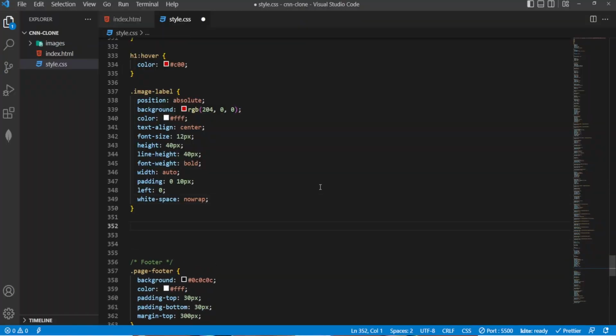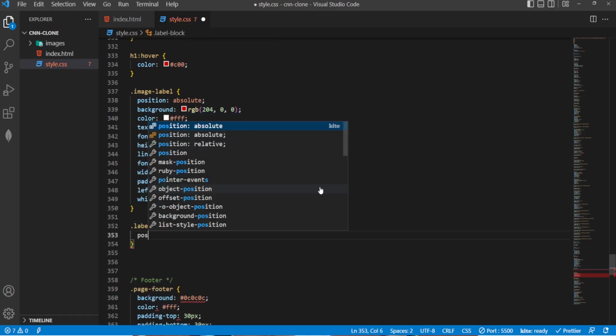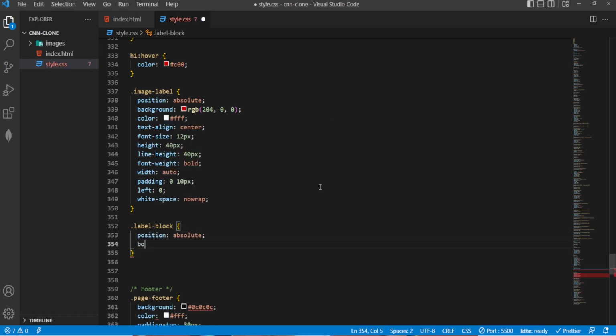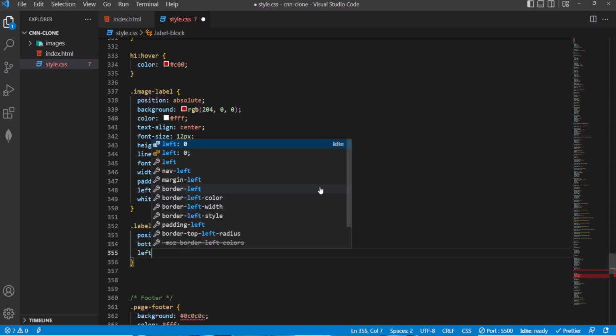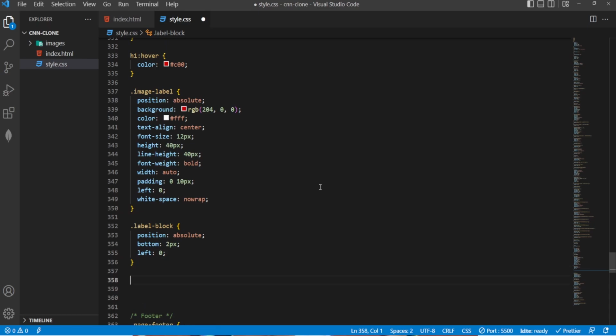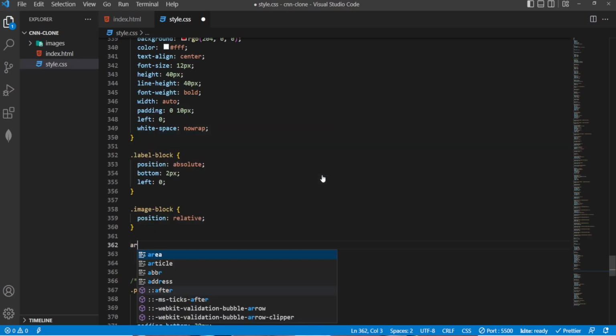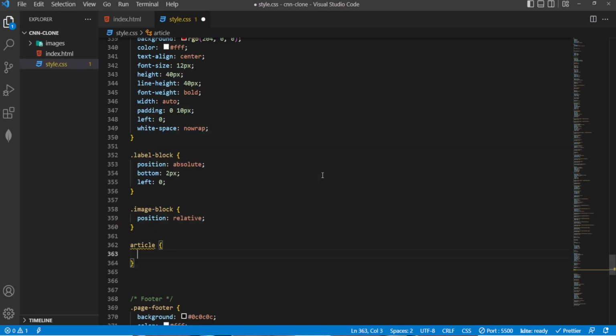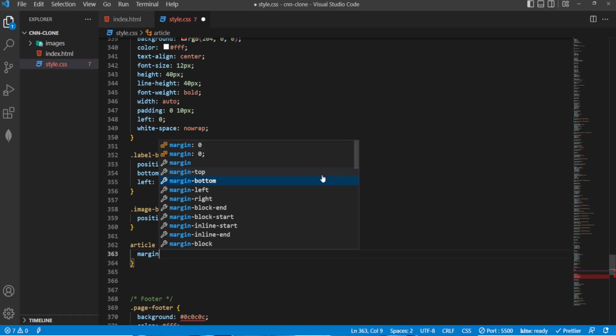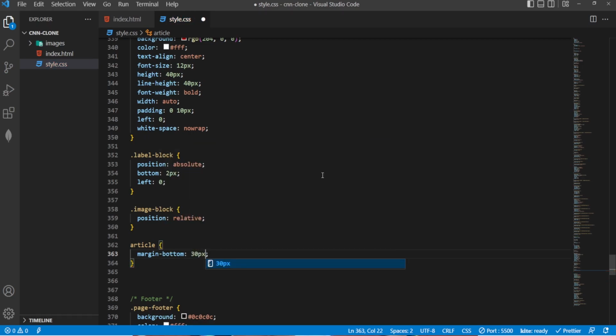Now let's select the class label block and assign position as absolute. Now give bottom with a value 2 pixel. Now give left with a value 0. Now select the class image block and assign position relative. Next select the tag article and assign margin bottom 30 pixel. Next select the article tag along with st tag